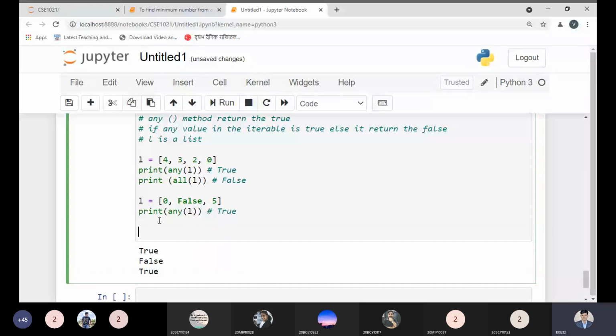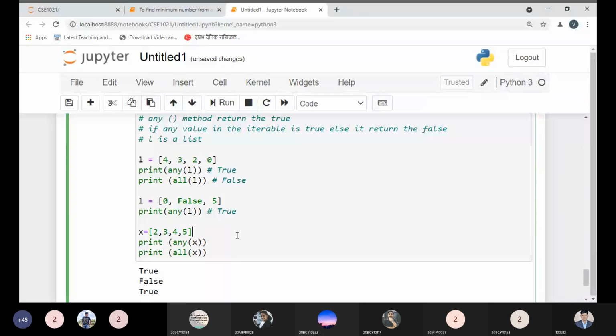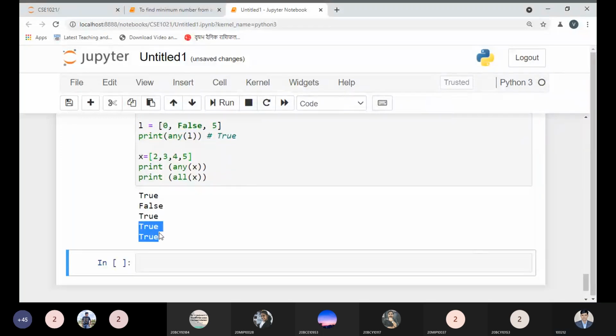But if I take the example x equal to 1, 2, 3, 4 and print any of x, it will return true. And if I use all like this, both will print true because all the elements are true. Let us check. We are getting true at the last.